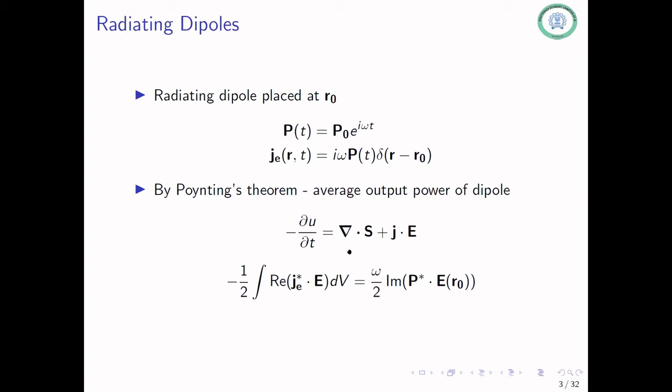For that, you can use Poynting's theorem. This says that the negative of the time derivative of the energy density at any point in space is given by the divergence of the Poynting vector plus J dot E. This basically talks about your energy carried in photons, and this talks about your work done by the electric field on currents. So to calculate the power emitted, you will of course have to integrate this side over all space.